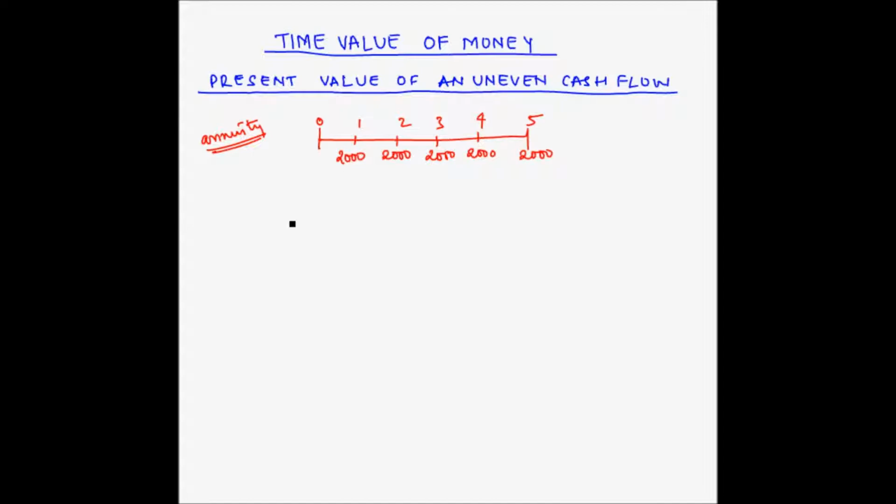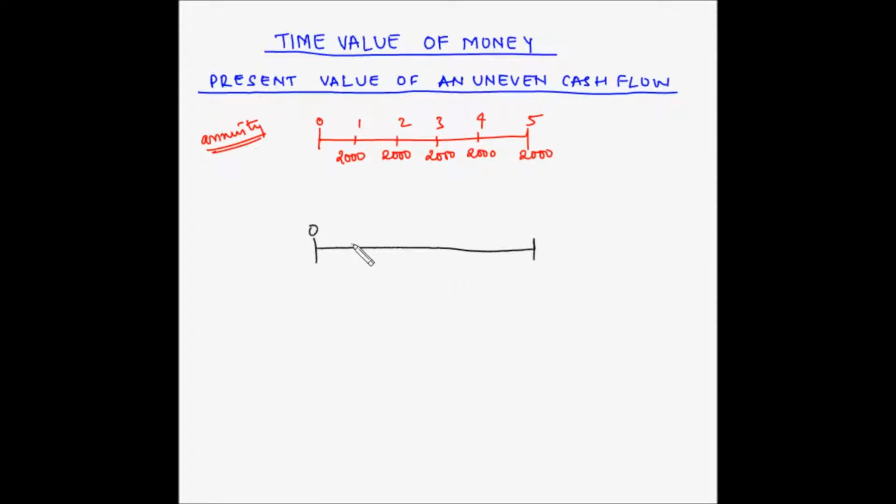So a firm may have bought common stock or shares of another company as a form of investment. Now this company will be paying dividend on a regular basis. However, the amount of dividend is not constant and may vary over time. So an example of such a cash flow